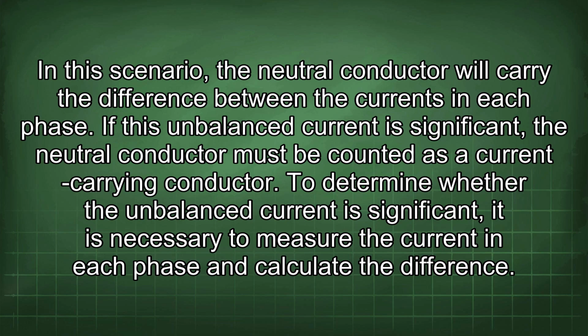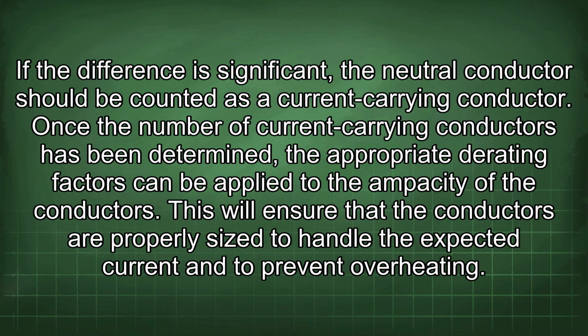To determine whether the unbalanced current is significant, it is necessary to measure the current in each phase and calculate the difference. If the difference is significant, the neutral conductor should be counted as a current carrying conductor. Once the number of current carrying conductors has been determined, the appropriate derating factors can be applied to the ampacity of the conductors. This will ensure that the conductors are properly sized to handle the expected current and to prevent